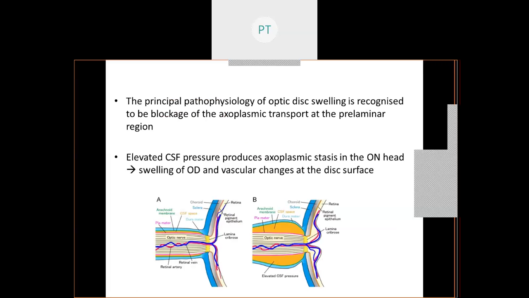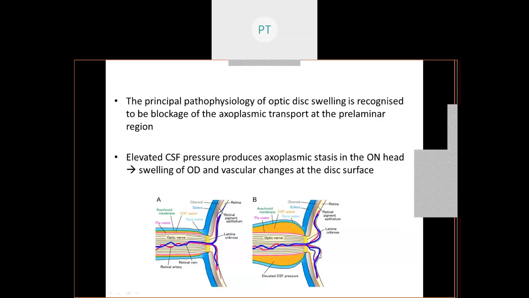The principal pathophysiology of this swelling can be the blockage of the axoplasmic transport at the prelaminar region, and any elevated cerebrospinal fluid pressure produces an axoplasmic stasis in the optic nerve head, which can lead to a swelling of the optic disc and secondary vascular changes at the disc surface. And the degree of papilledema varies with the ease of access between the meningeal spaces within the cranium and around